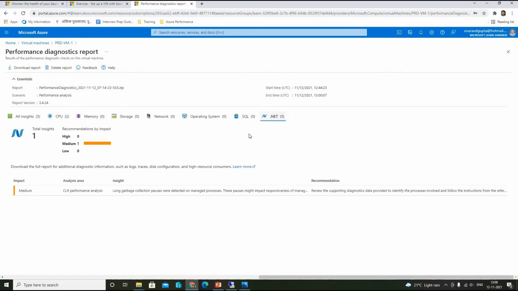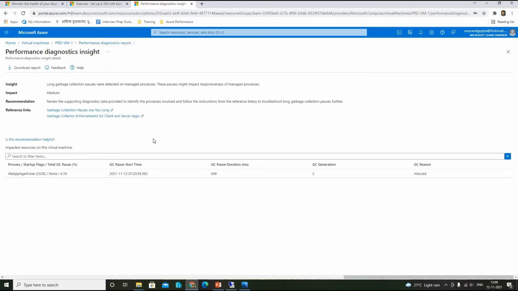One more thing is that we already got one more insight under .NET, and this also has medium impact. If you click on the impacted insight, you will be able to see what this insight is all about. This insight is long garbage collection pauses were detected on managed processes, and these pauses might impact responsiveness of managed processes.